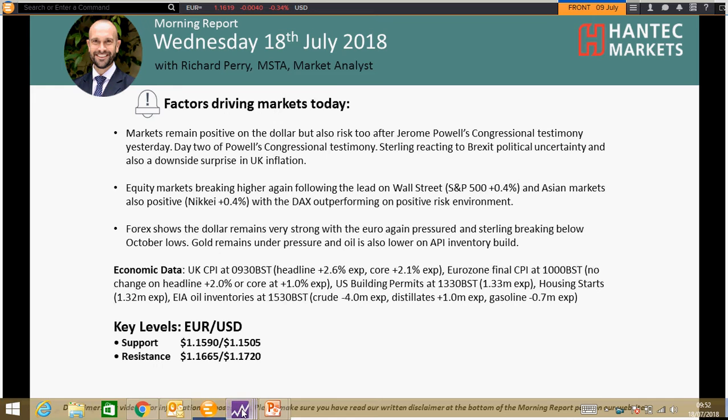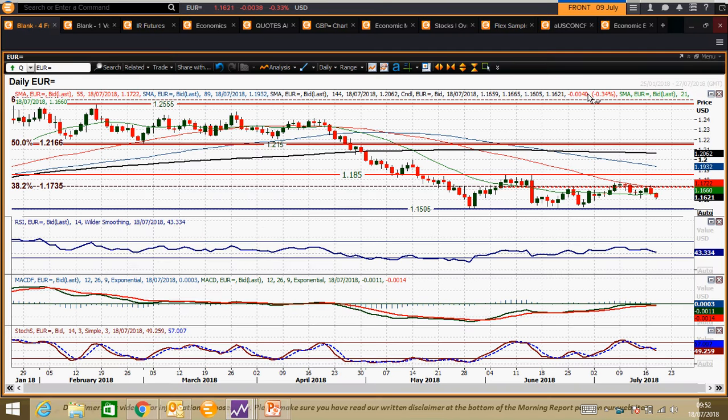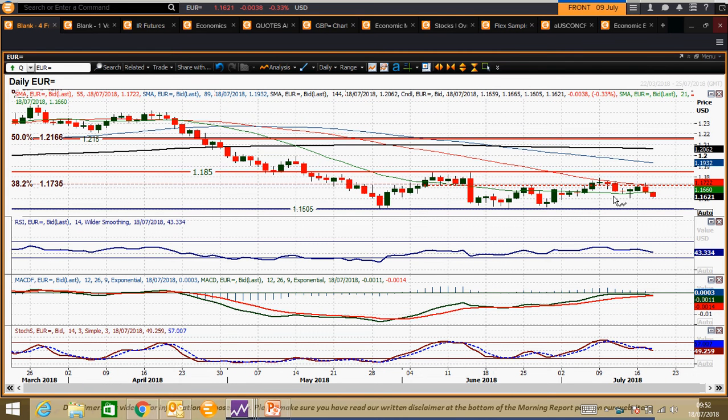Let's look at euro dollar, which has lost that consolidation element to it, or certainly is losing, because we've had an intraday move below 1610. It hasn't held the break, not in a decisive way, but these two negative candles that we're getting through this chart now on a near-term basis are certainly having an impact. And a close below 1610 would certainly suggest that we're moving back towards the lows of the range again. These are key lows, these range lows.